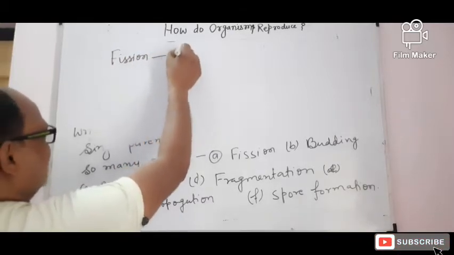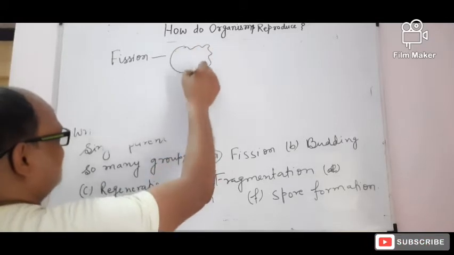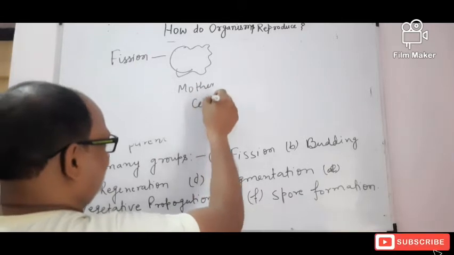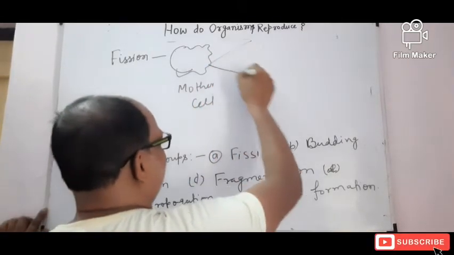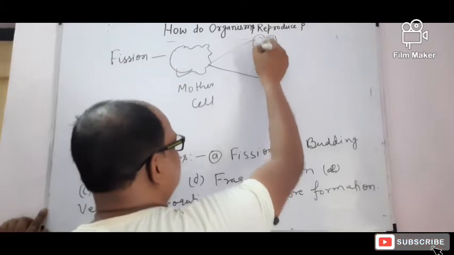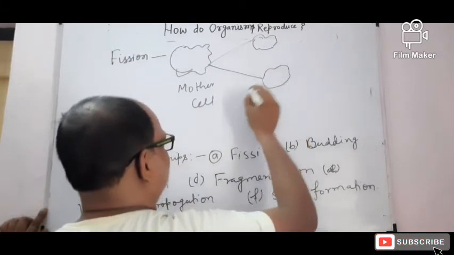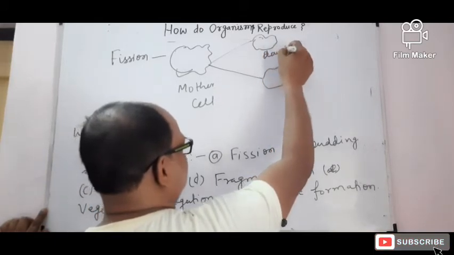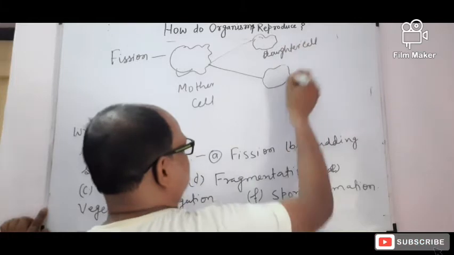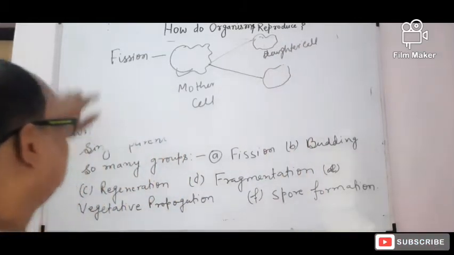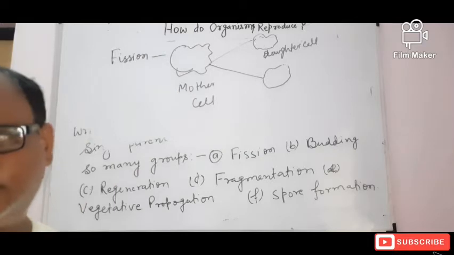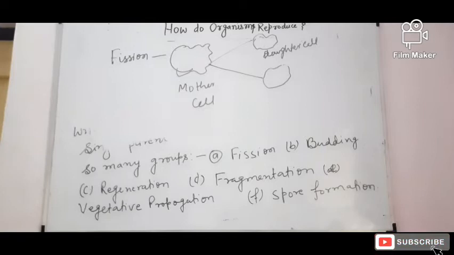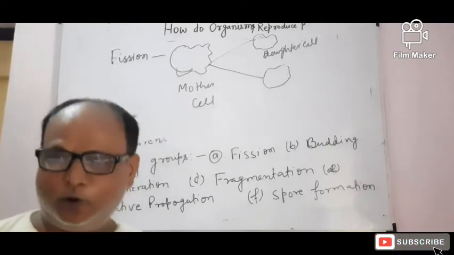When one mother cell, let us suppose that this one is an amoeba, the mother cell, divides into two daughter cells. So these are examples of fission. In case of fission, first of all, any organism, such as a lower organism,